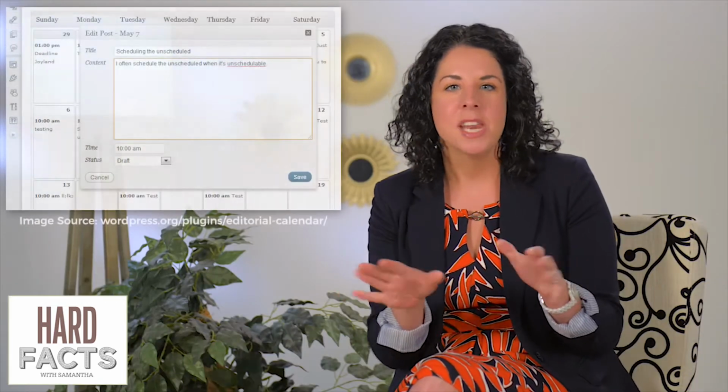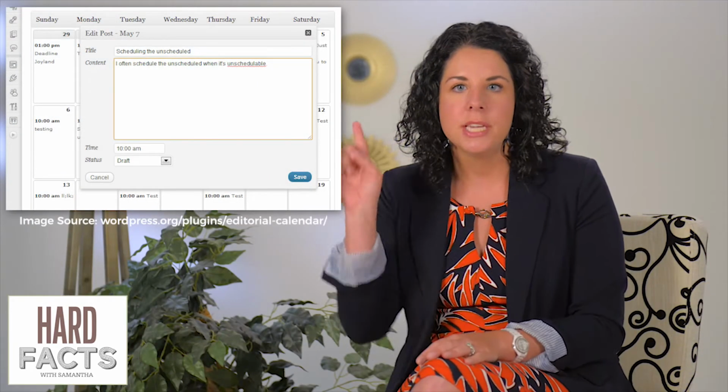And instead of Sunday at noon, I want to send it out Sunday at 9 a.m. So it gives you that really quick plug and play opportunity from a calendar view, where when you're looking at the back of your WordPress blog post, it doesn't really give you that functionality you've been looking for. And there's a couple other really cool features here as well. You can also manage posts from other authors, and there's the draft section.